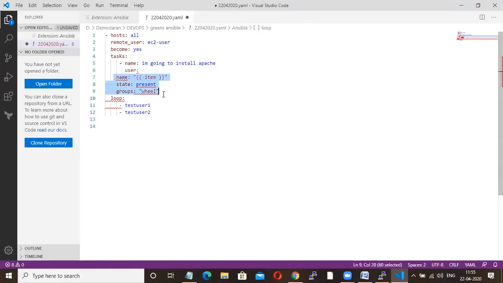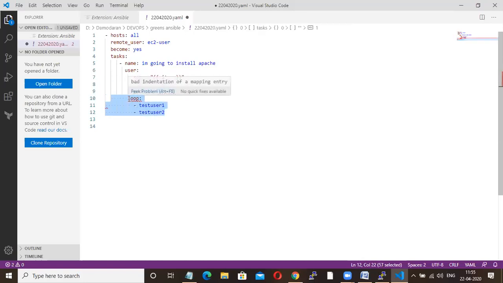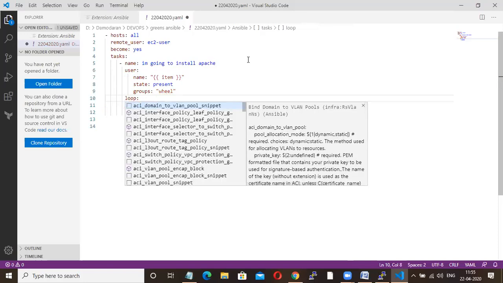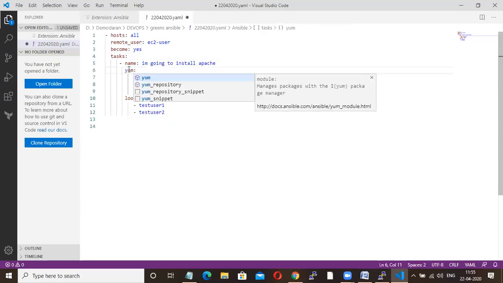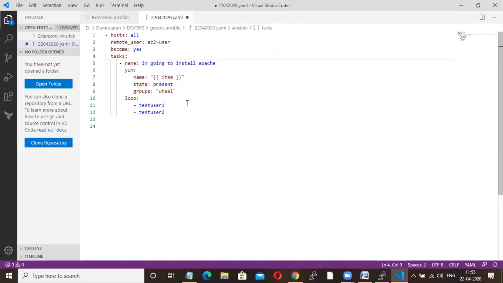Just copy this syntax. Here they are using the user module, but our module is yum, so I'm changing it to yum.